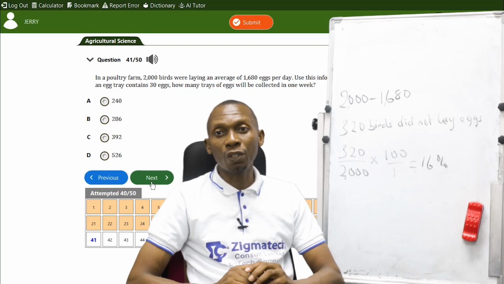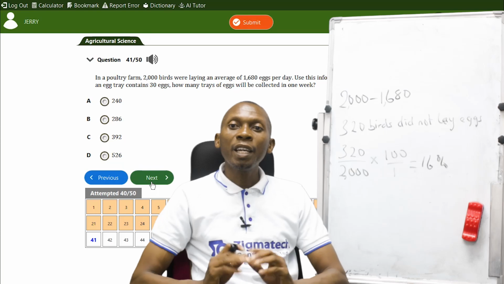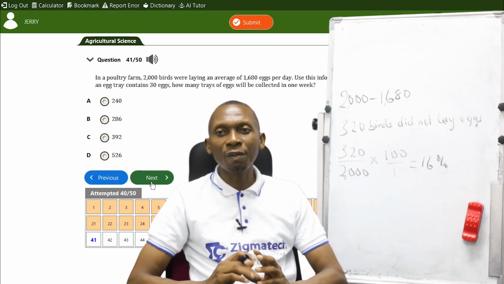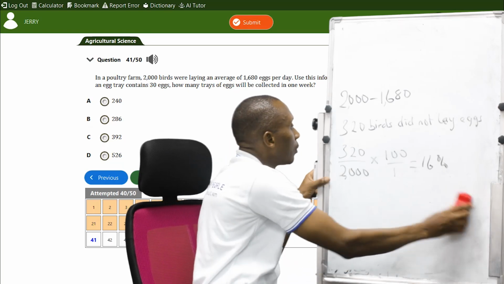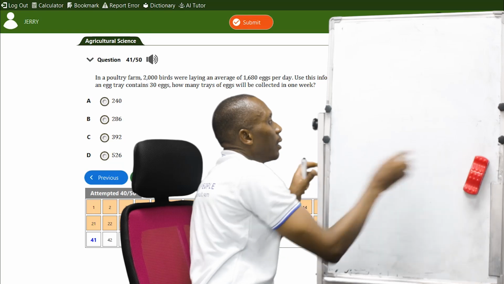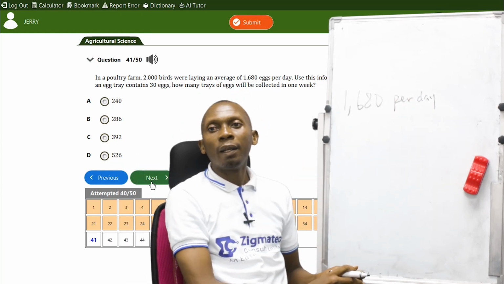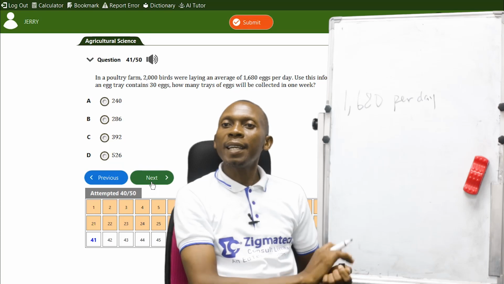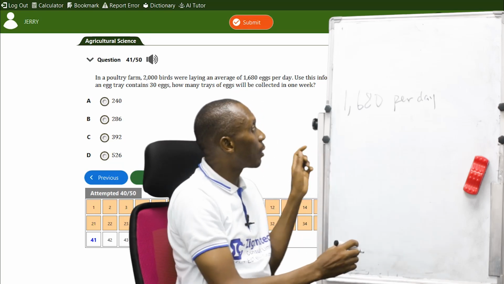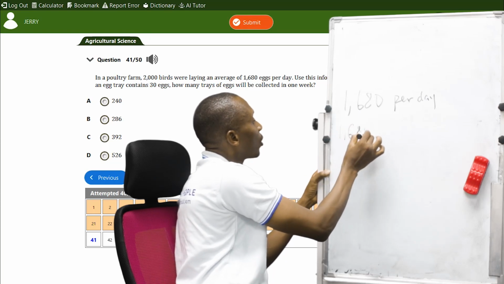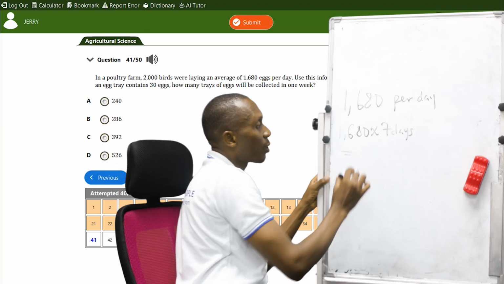Now in a poultry farm, still on that same question, 2,000 birds were laying an average of 1,680 eggs per day. Use that information to answer the question. If an egg tray contains 30 eggs, how many trays of eggs will be collected in 1 week? Okay, so we have here 1,680 eggs per day. So if a day is 1,680 eggs, in a week it is going to be just 1,680 times 7. A week has 7 days, times 7 days, which will give us